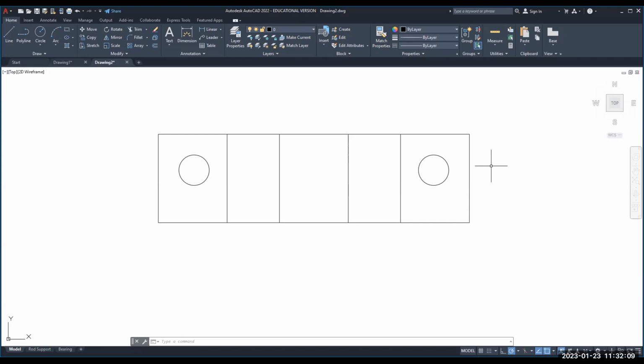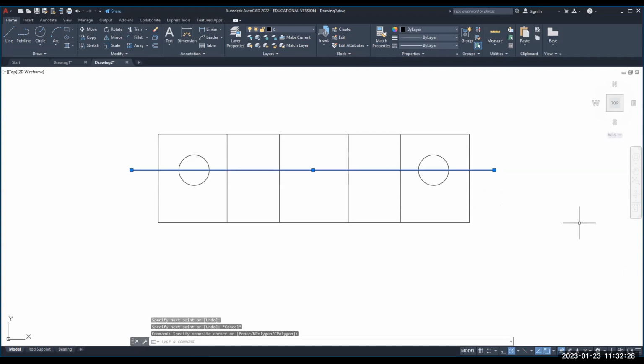You can use a line type that will work for the cutting plane. So that's what I'm going to do. The way I do that is I literally just put the line in. So I'm going to come out here, put the line in, kind of where I want it, and then change the line type to something I want. So I grip it. I go up to